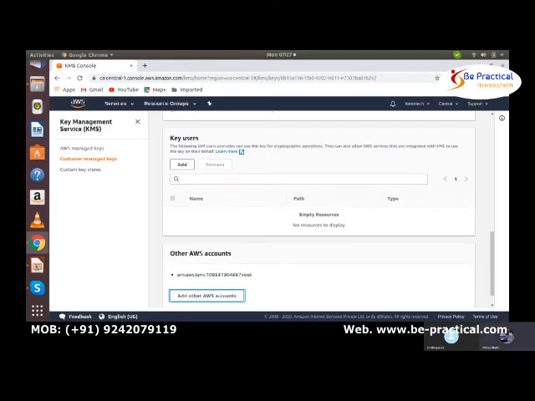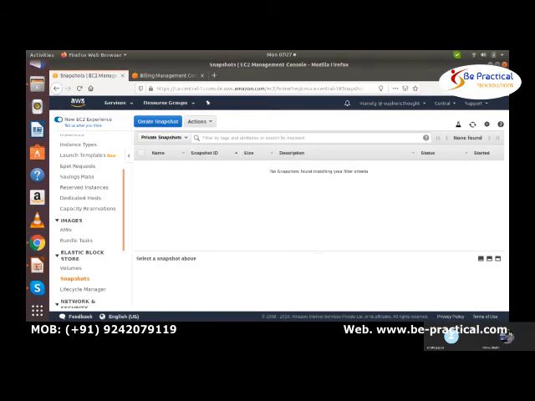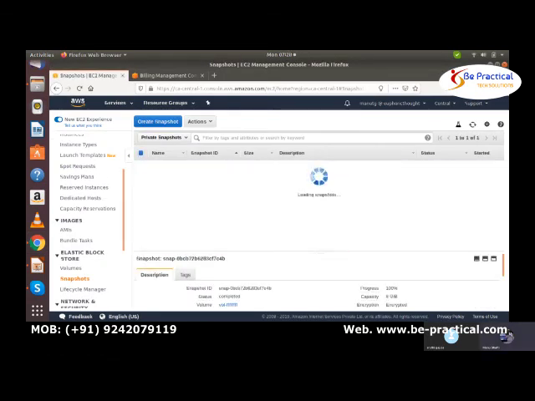I have now shared that particular key, and now we will see here. Now we can see that, right? As soon as I shared that particular customer key, then I am able to see the shared snapshot here.